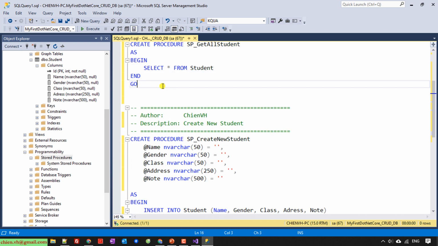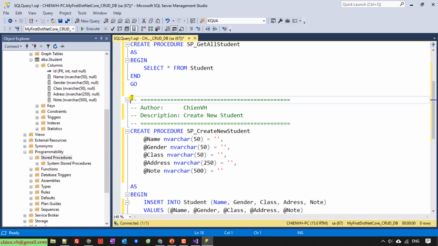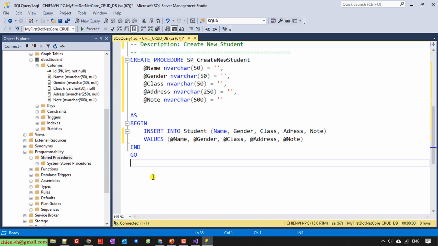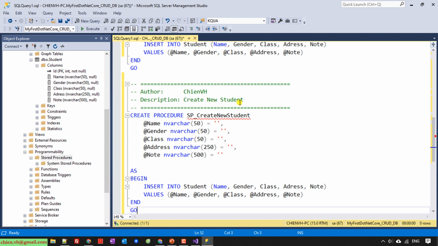And the next one I will create is update student. The update student should be likely the same thing. Create new. I will have an update student. I will change it to update student. Okay, so for the update student, I need to provide